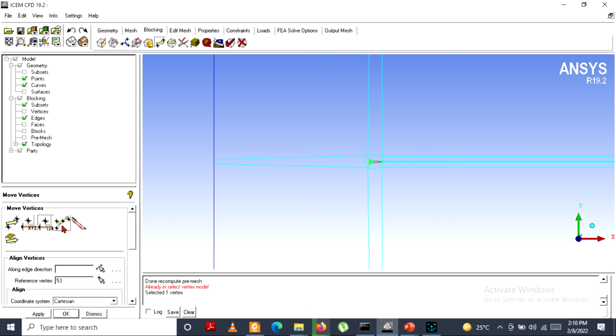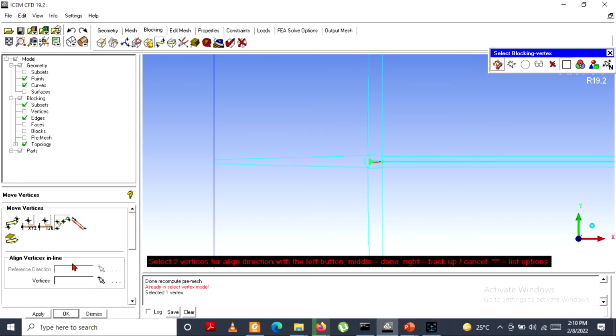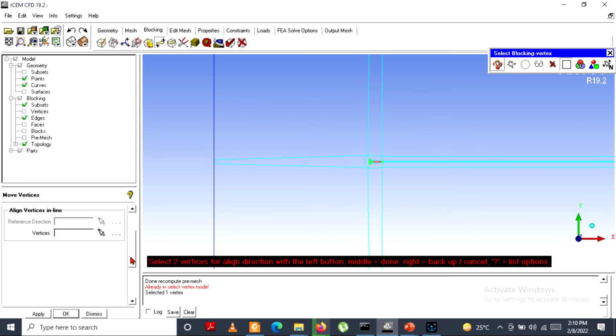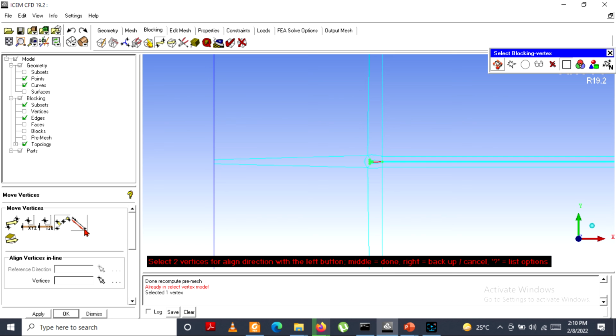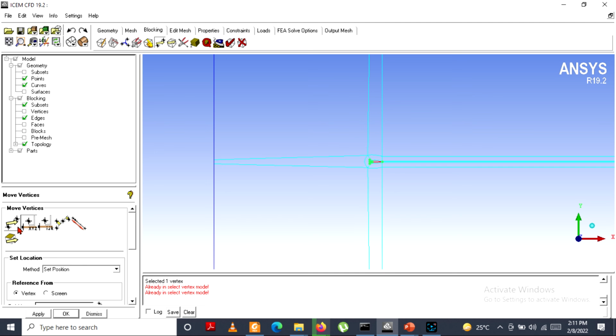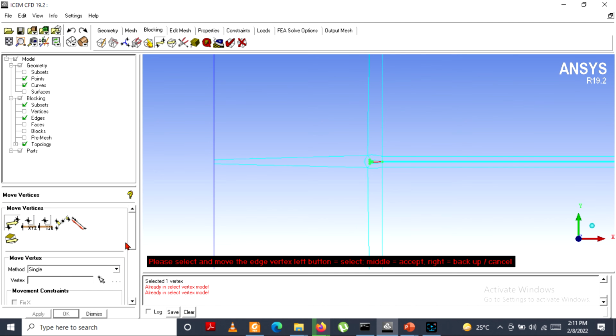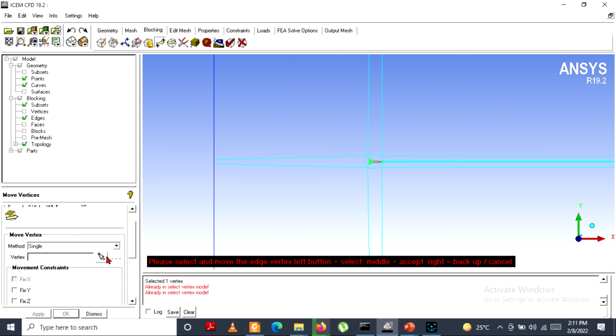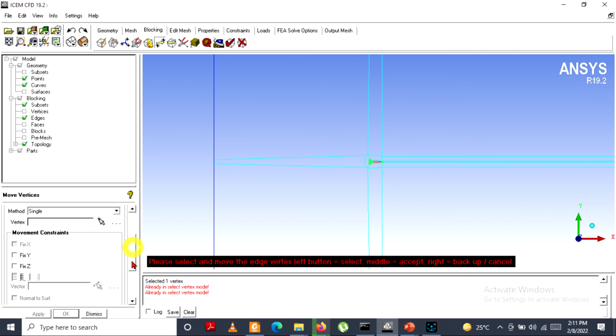Sorry, actually we have to select the fourth option, align vertices in line. So select the vertices, so select the first option. So I'm very sorry, select the first option, method single, select the